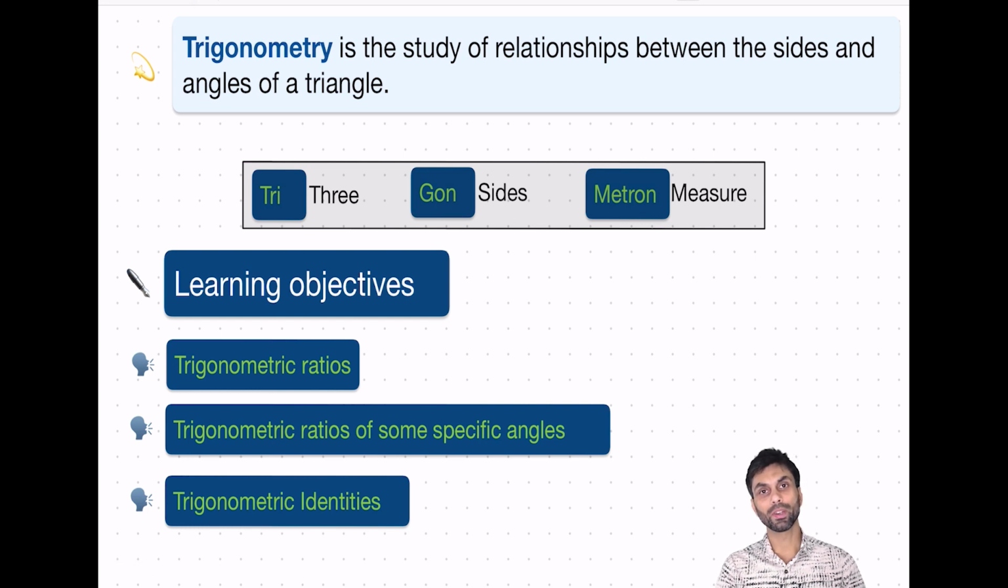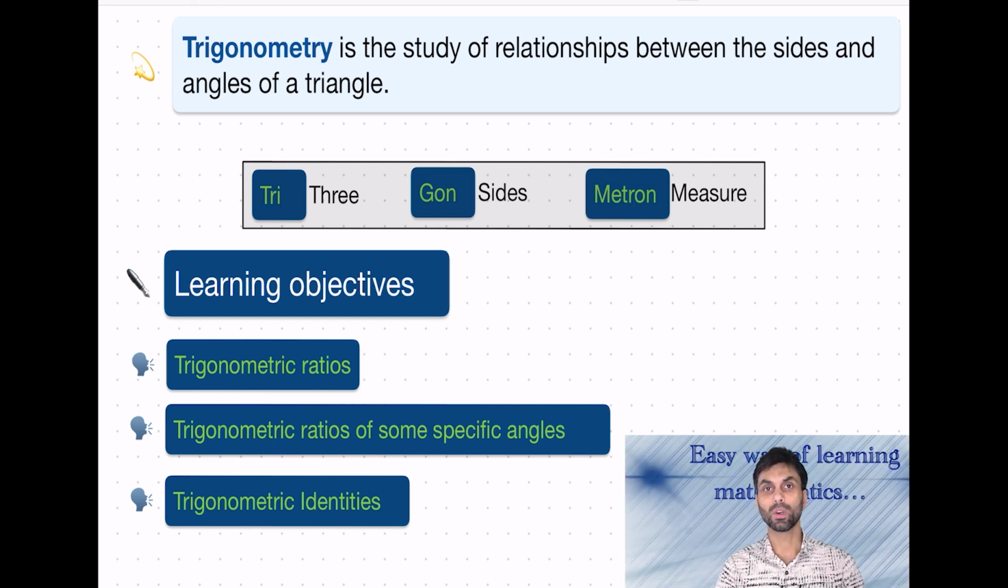So moving first with the definition of trigonometry. What is trigonometry? It is the study of the relationship between sides and angles of a triangle. Now this trigonometric ratio can be applied to any kind of triangle, but we will restrict ourselves to the trigonometric ratios of a right angle triangle. So we'll be only talking about trigonometric ratios of a right angle triangle, not any